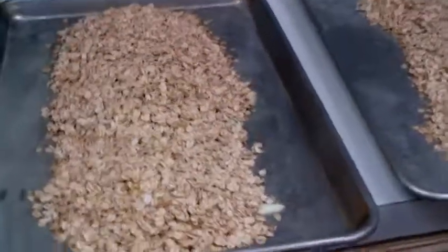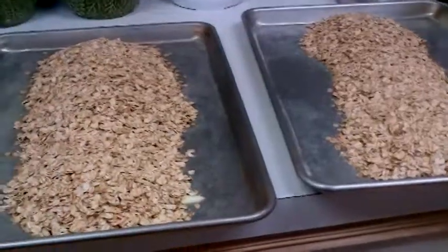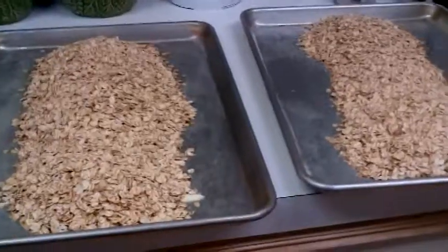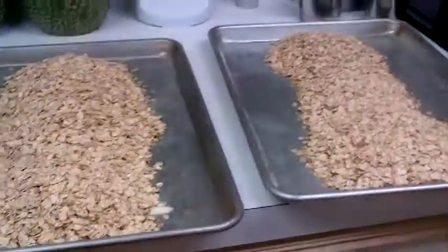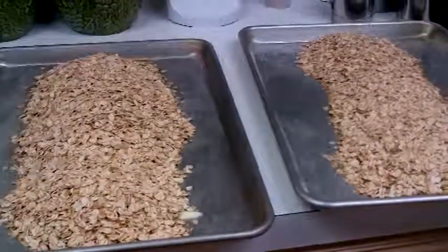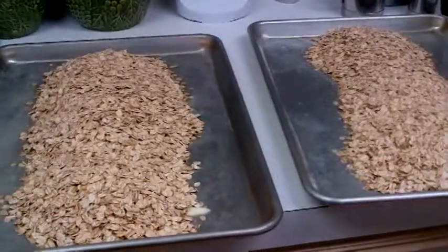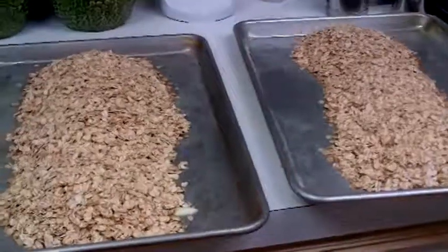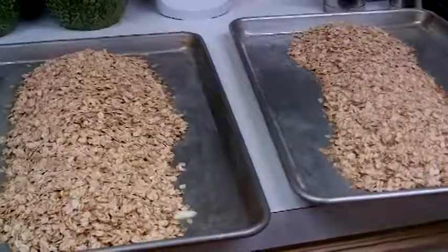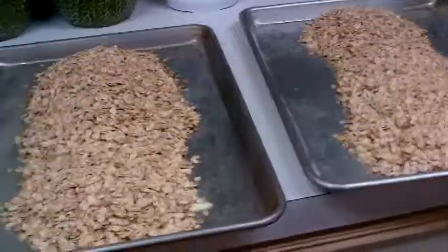Today I am making a double batch, and you'll see two large flat cookie sheet kind of pans that are almost mounded with oatmeal. I've melted butter and added the oatmeal, and now I'm getting ready to add a little more butter. I'll be drizzling it on the top, and before I put it in the oven, I have it set at 350 right now just to warm the oven, but I'll be turning it down to 250, and I'll add the butter, and I will be flattening and stirring it